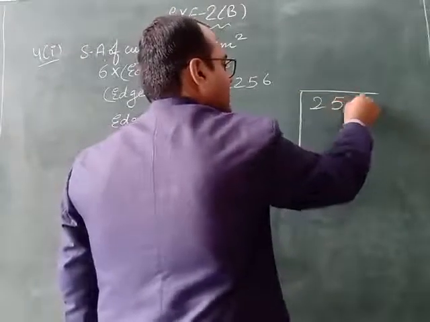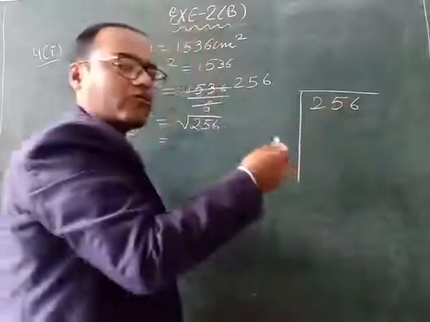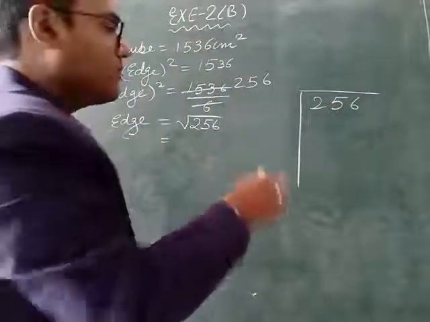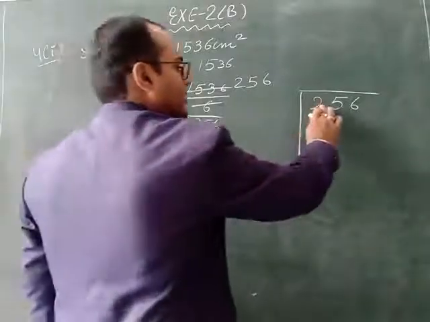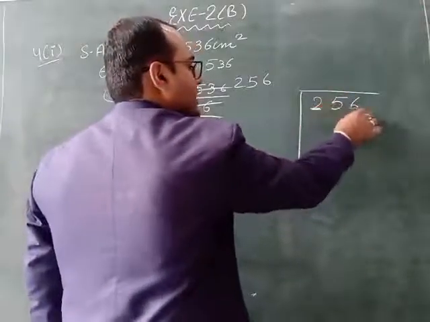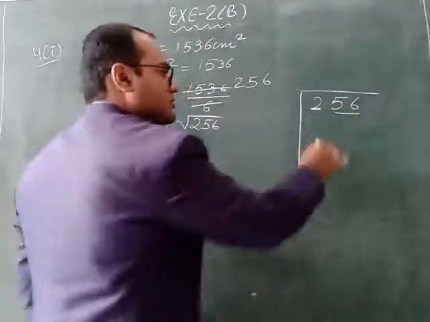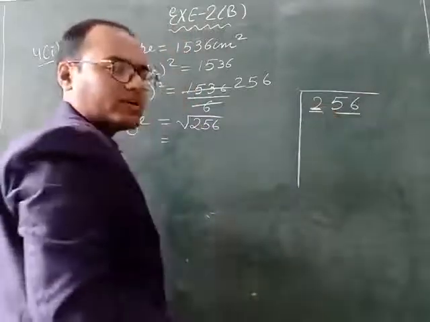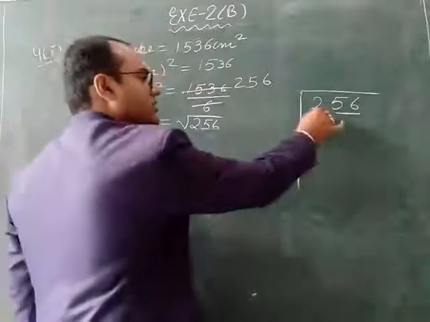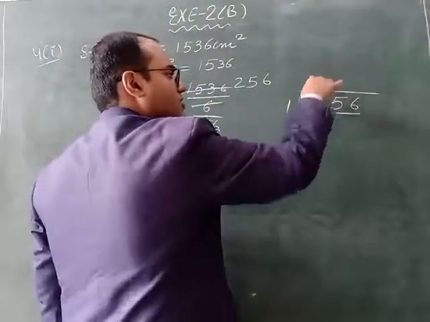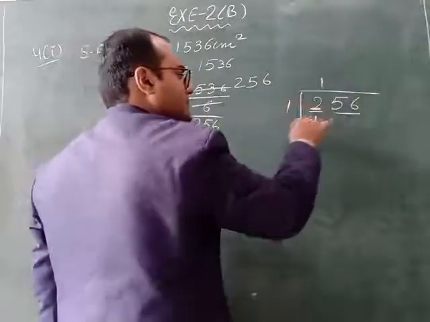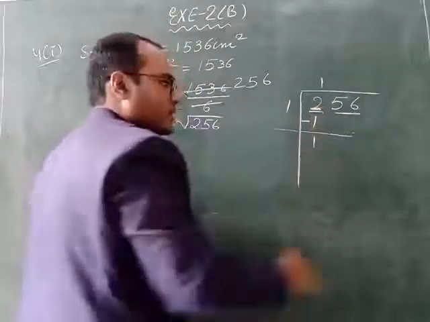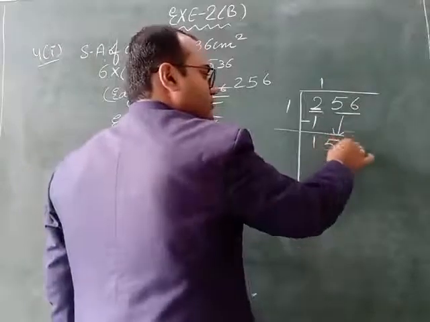So in order to find the square root we will take the help of the division method. I will remind you once again what steps we have to follow. From the last we have to underline two numbers. Now this is the single number, we will take it as it is. So the same number we have to write here also and here also. 1 1 is 1. Now on subtracting them we will get 0, and this 56 will come down.